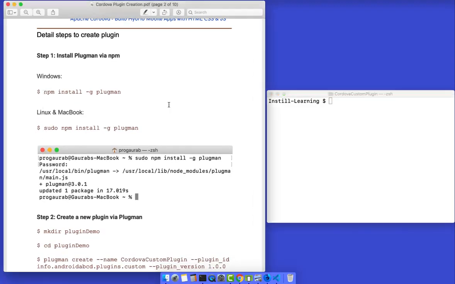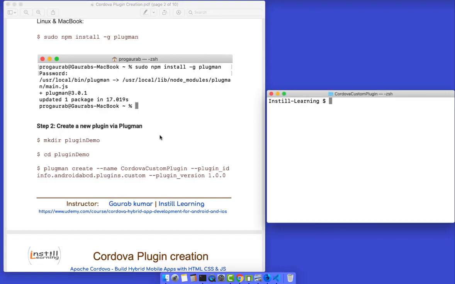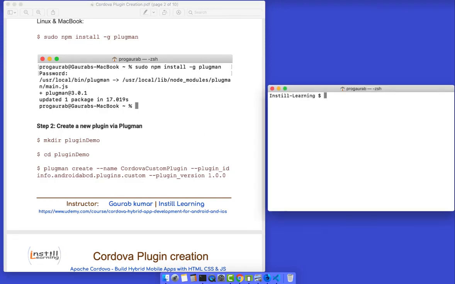I have already installed plugman. You can install plugman using npm install -g plugman. If you are on a MacBook or Linux, you can use sudo. Next, I'll create a new folder, mkdir plugin demo. Now we will go to the desktop, cd desktop.